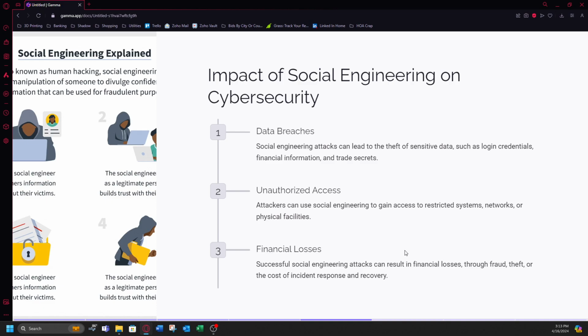Financial losses are typically tied. I mean, successful social engineering attacks can result in financial losses, typically through fraud, theft, or the cost of incident response and recovery. Incident response and recovery is massively expensive, thousands and thousands of dollars. That's why insurance, cyber insurance, not even just general liability or professional liability, but cyber insurance is ridiculous because of this. People have to have that if they deal with people's technological infrastructure, and even if they don't, if they deal with personal data, they've got to have some type of protection in place, which of course is followed by